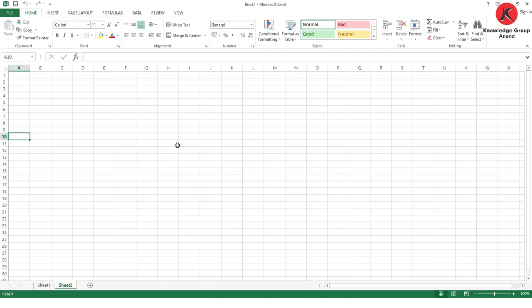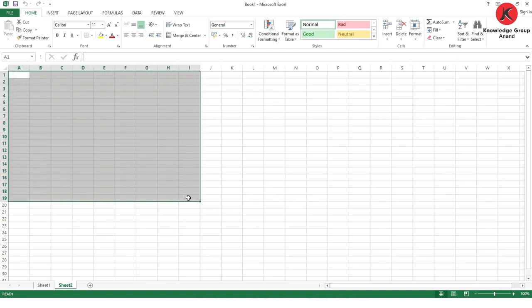So you should know the address of a cell. We start with the column name, followed by the row number. For example, if I click here, it starts with M and the row number is 18, so M18 will be the cell address. You can click in different ways to reach a particular cell.